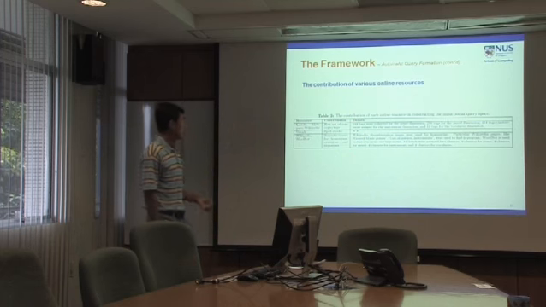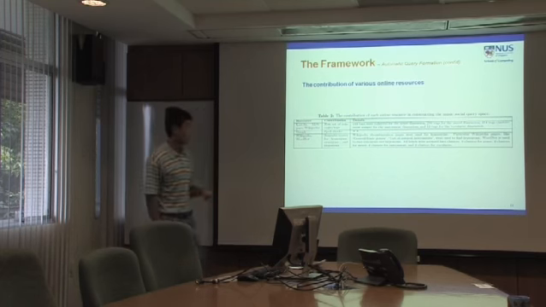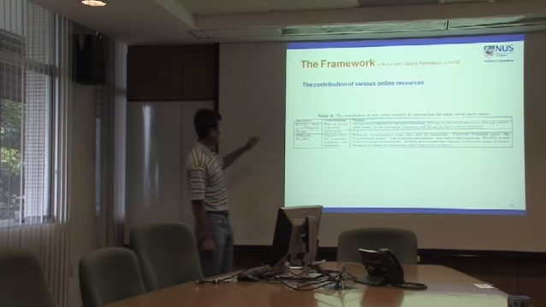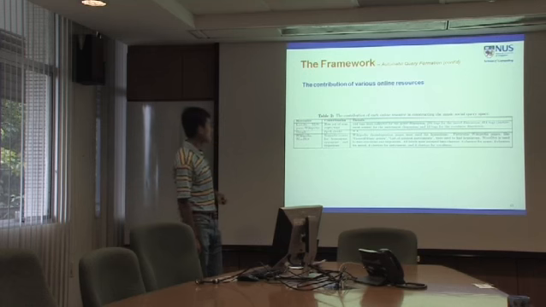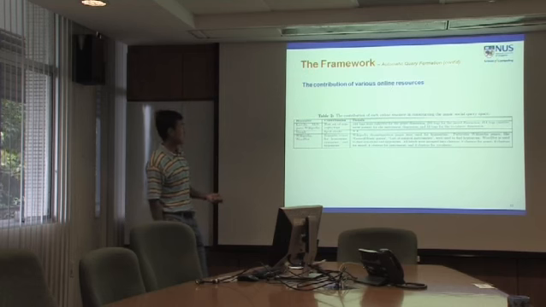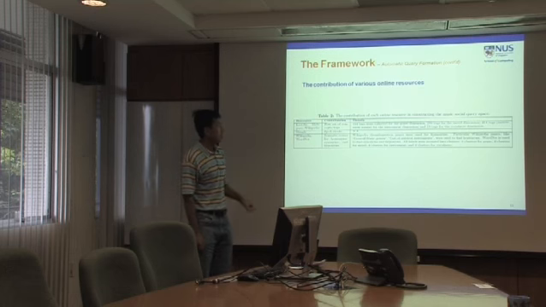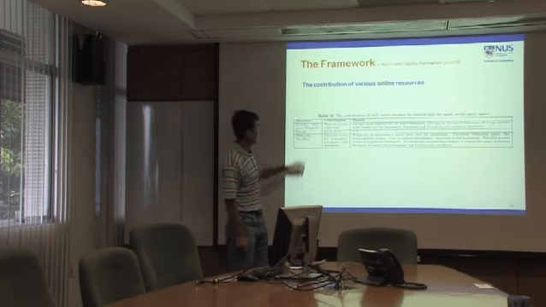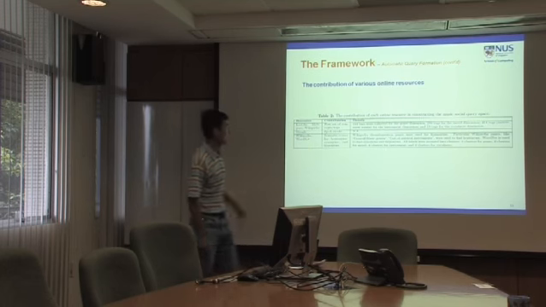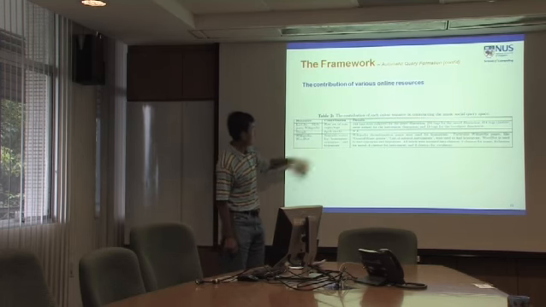And this table lists the contributions of the online sources in constructing the social query space. The first one is that we use the tag base from Last.fm, MySpace, and Wikipedia. And from Google, we check some spelling errors. And from Wikipedia and WordNet, we will have some semantic relations. For example, homonym and synonym and hyponym.